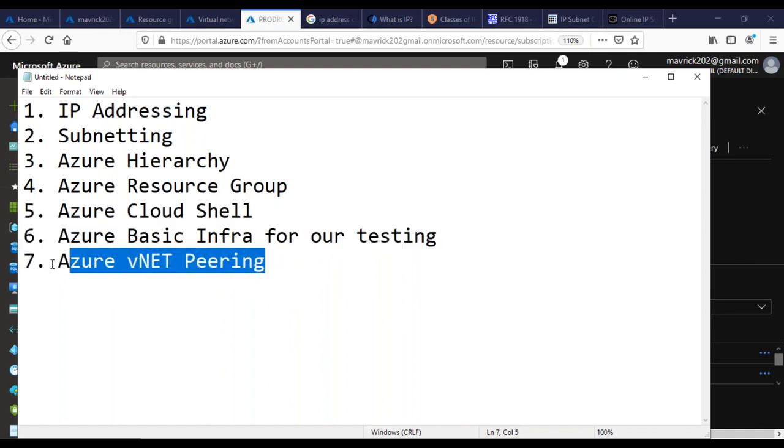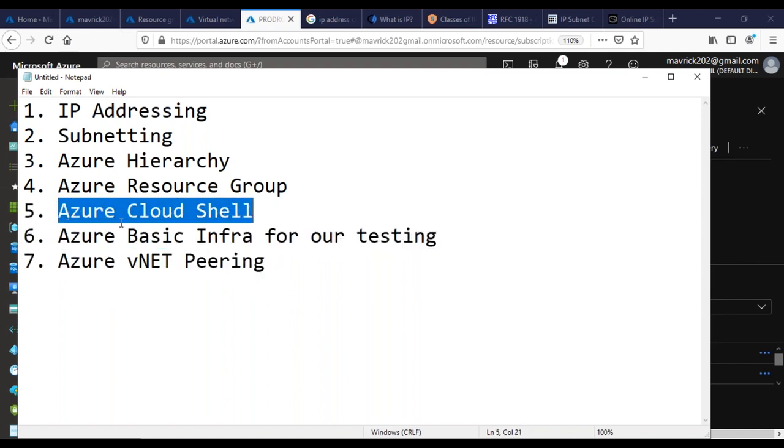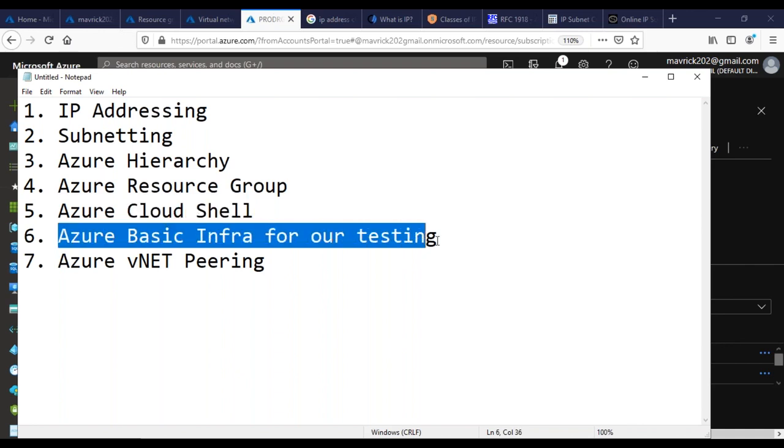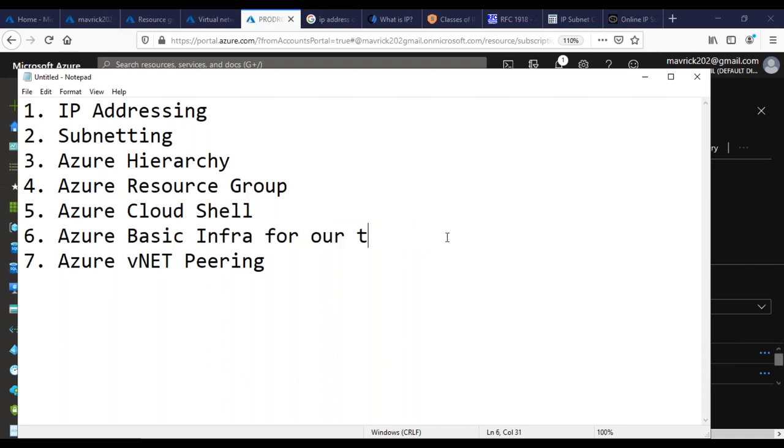Maybe VNet peering might not be done today, but I'm going to explain about CloudShell as well as the basic infra for our lab. That means we're going to set up our lab manually using the portal.